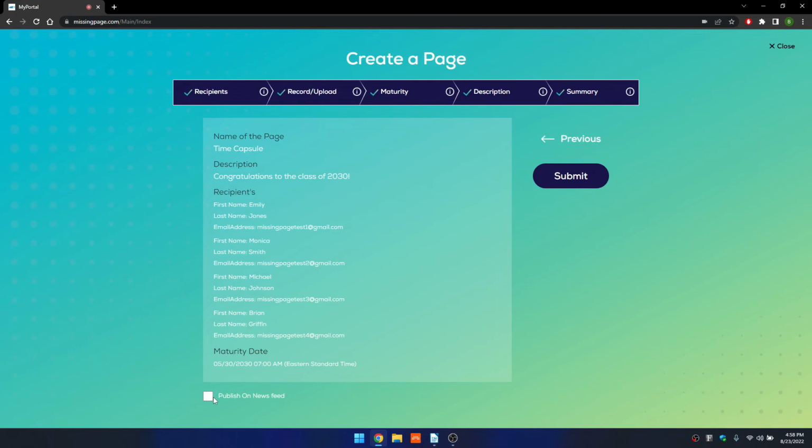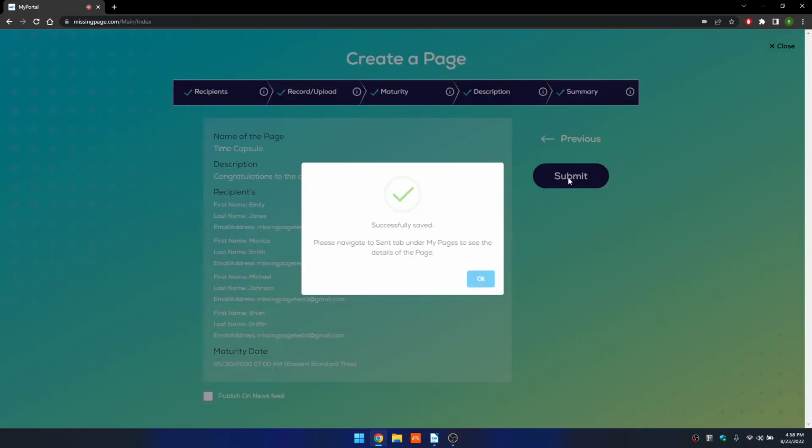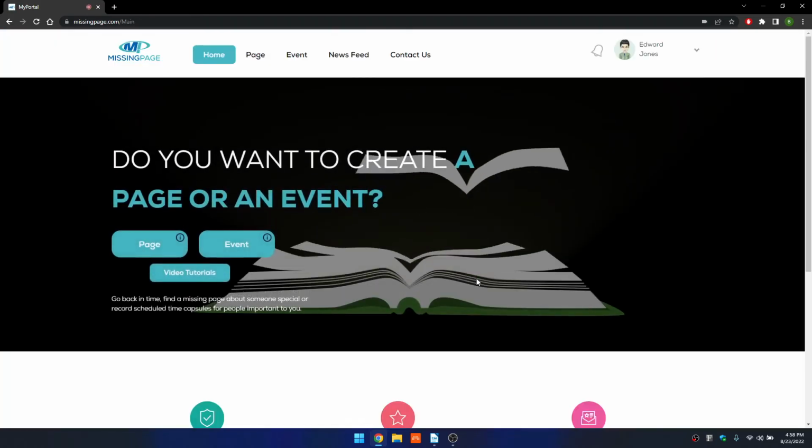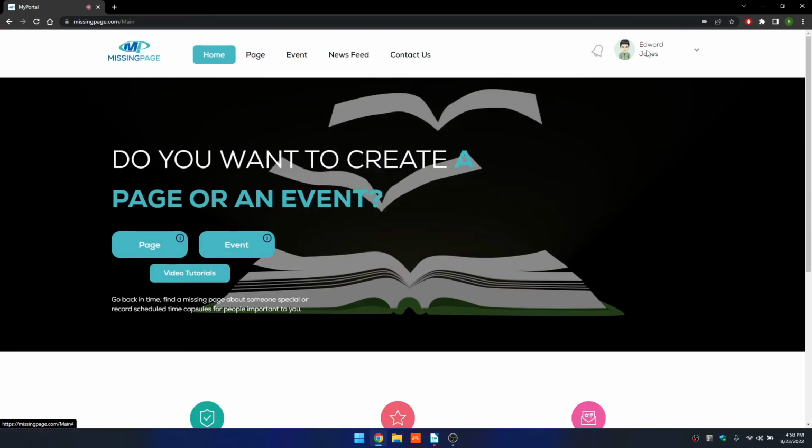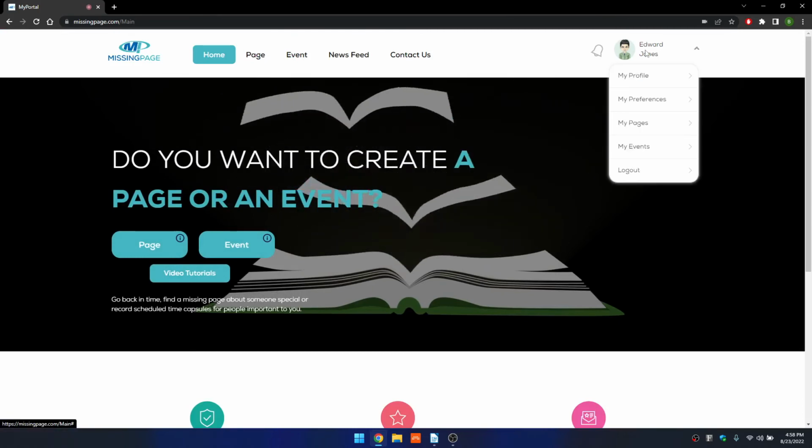Now that we have double checked that all of our details are correct, we can click on Submit. We'll then be presented with a confirmation window that shows our page was successfully saved. Let's click on OK, and our time capsule is now sealed and stored in a secret vault for the next 8 years. And at this point, we can click on our name or avatar, select My Pages,